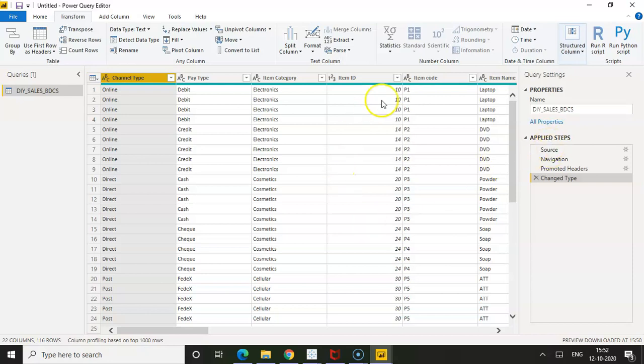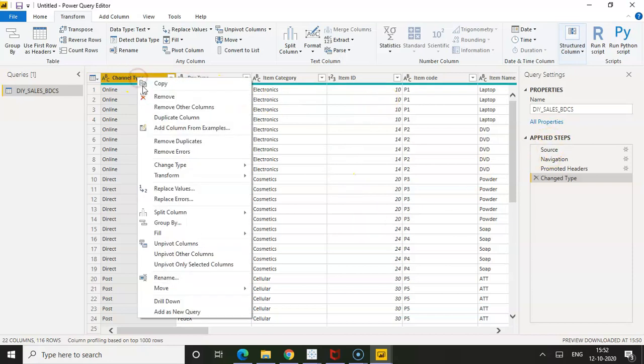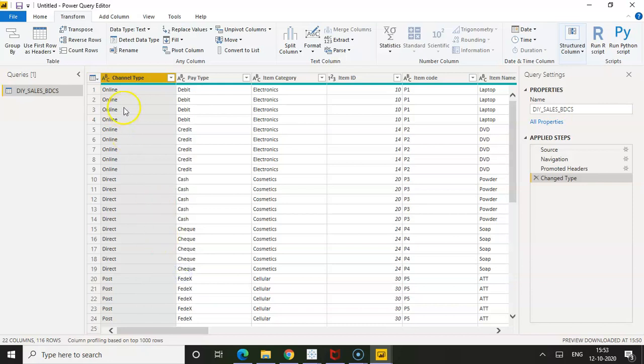For example, if I'm changing this channel type, renaming it from channel type to channel, you can see the column is renamed, and it is there in the applied steps.